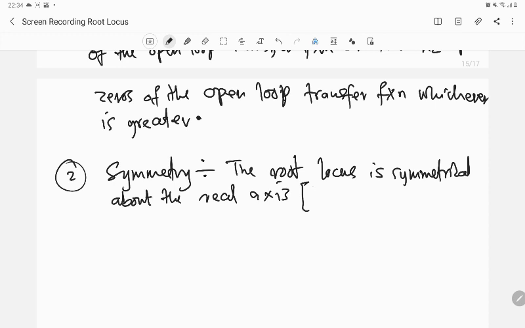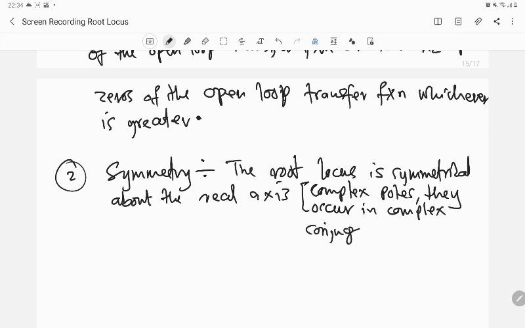In other words, if we have complex poles, they occur in complex conjugate pairs. So if you have complex poles, they will occur in complex conjugate pairs, and that is what we have